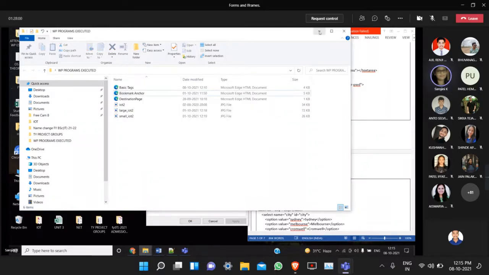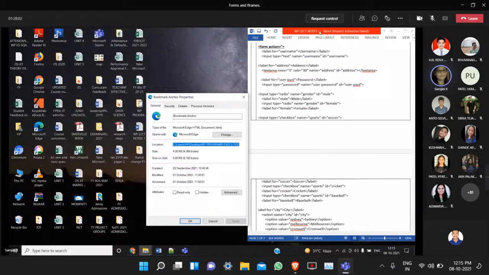This file I have right now, but it is an HTML file only. We usually give a PHP server file here, a .php file. But I just want to show you this, that's why I'm giving this. Again, this is also an HTML file.